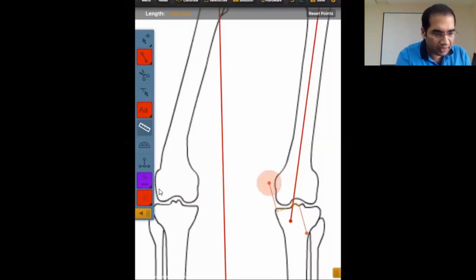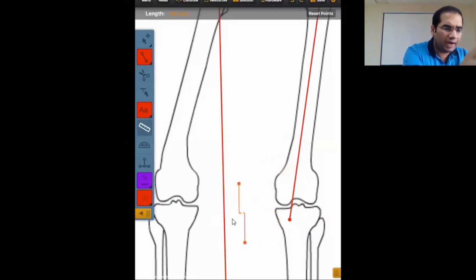You should measure the distance from the center, and whatever the distance is, you should also mark it on the abnormal side and then draw a line from there. But you don't need to really do that. Just see where the medial spike is on the normal side and draw a line over there. Now,